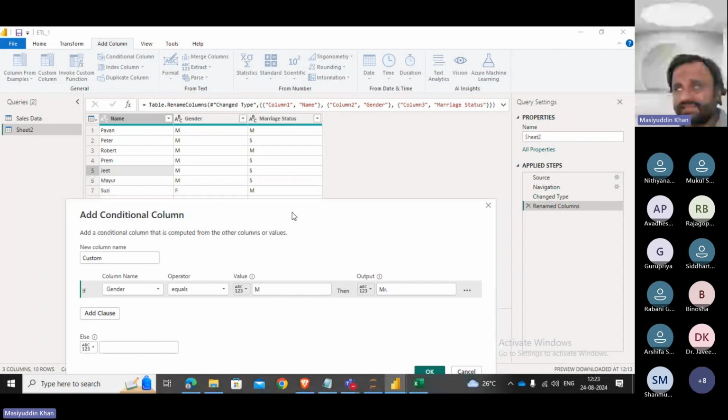You can see that she is married, Susie is married, and gender is male and marriage is coming as Mr. You can see the query with the two column conditions, defined with gender and the Mr. As if it is S, then Miss, else Mrs. Mrs. and Mr. are written here. So these are the two conditions. You can do it against this as well, like for example,